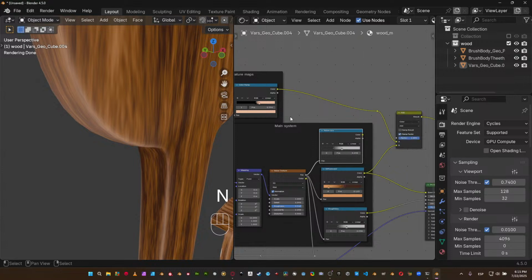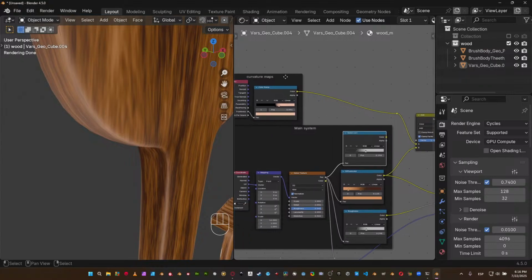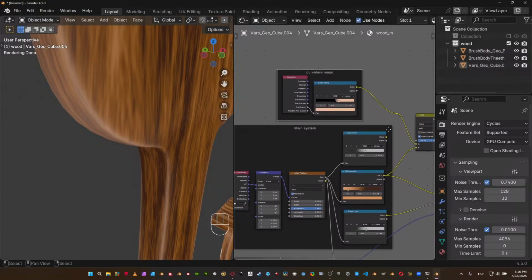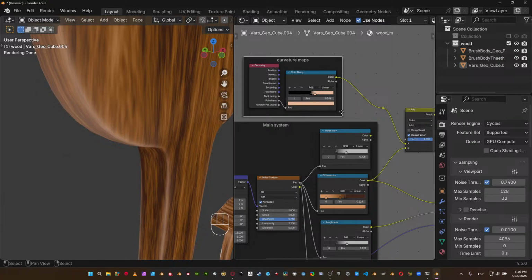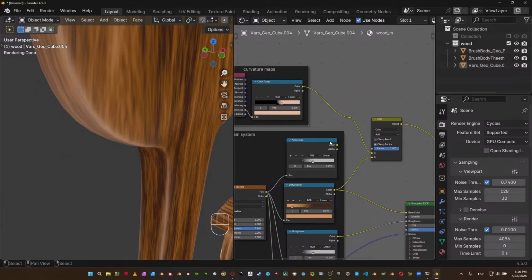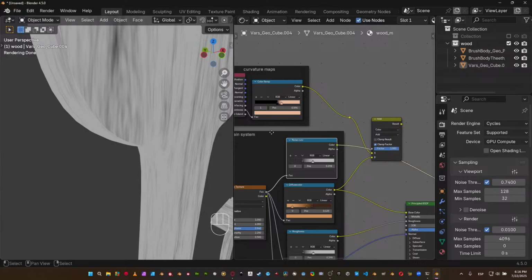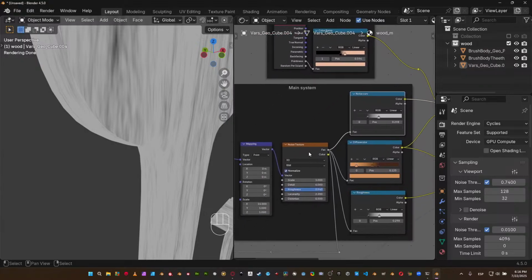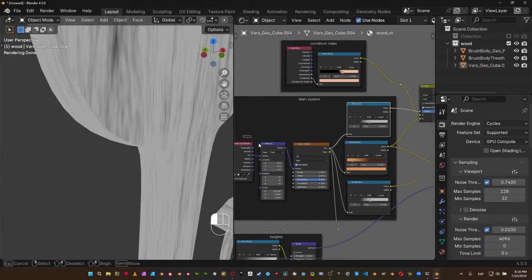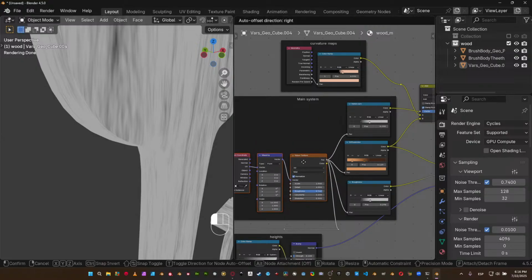Not the whole name, because we know abbreviations, and we don't need to type everything like crazy. So we can start mixing these two guys in here. For example, let's see what we have in here. So it does have something for the wood, but at the end of the day, this won't help